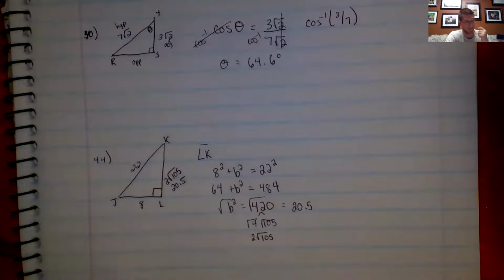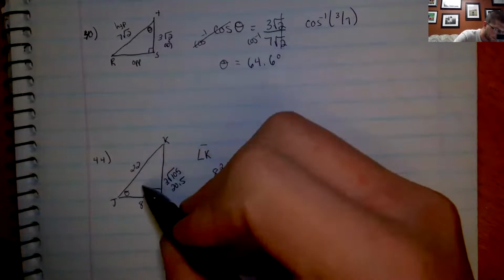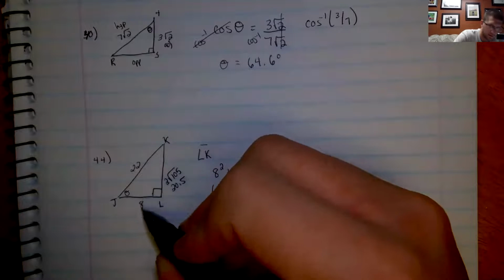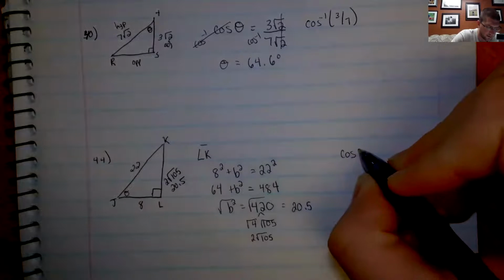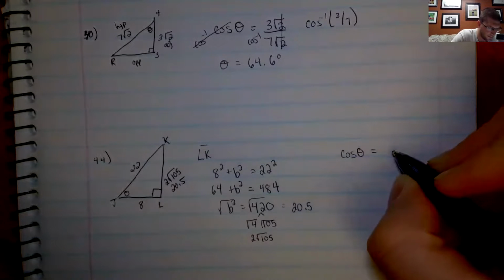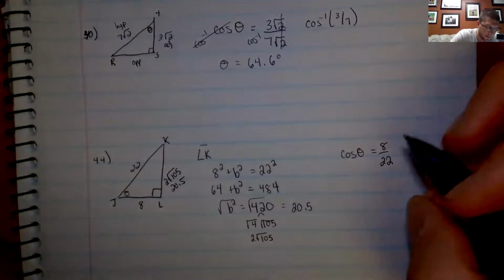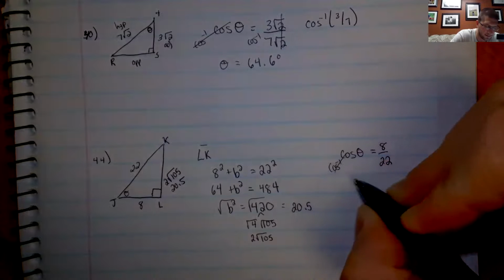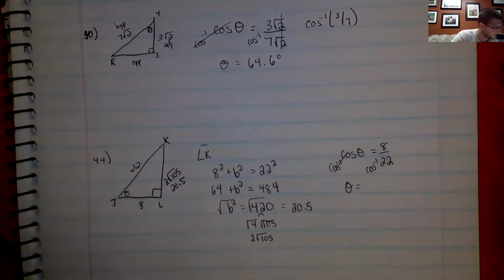Okay, so that's the side. Now for the angle, let's work with angle J down here first. From that angle, let's use the adjacent side and the hypotenuse, the two sides that were given. So adjacent over hypotenuse is cosine. So cosine of the angle J is going to be adjacent over hypotenuse. So now it goes back to the questions that we did first. How do I get rid of cosine? Cosine inverse. So I'm just taking the cosine inverse of 8 over 22. Let's see what that is. Should come out to around 68.7